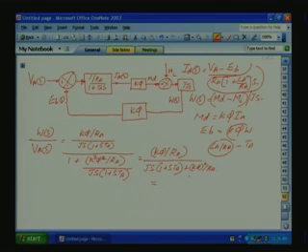So, when we divide this one, the numerator will be 1 by K phi, and the denominator will be J RA by K phi square into S into 1 plus S TA plus 1. Okay. One plus S TA into. So, this one,